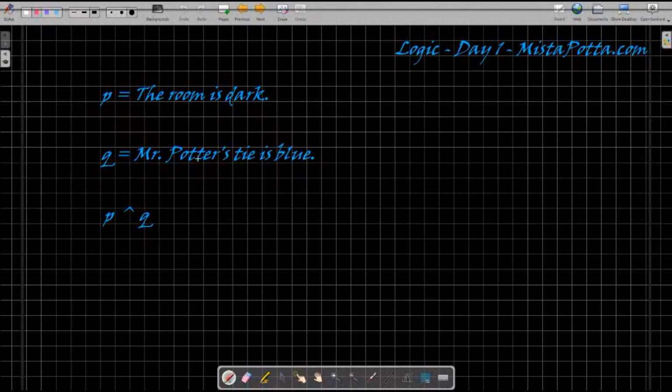So let's say I've got P as a statement, the room is dark. Q is the statement, Mr. Potter's tie is blue. And I want a sentence that's only true if both of these statements are true. And remember, this is a conjunction. This is the symbol for a conjunction, by the way, this inverted V, this hat character, the caret. This is Shift 6 on your keyboard, by the way. So I want a statement that's only true if both of these statements are true. The room is dark, Mr. Potter's tie is blue. So if I wanted to write this sentence, I would say, the room is dark